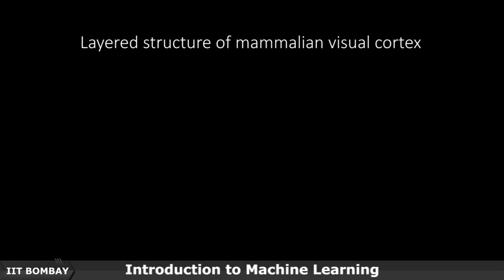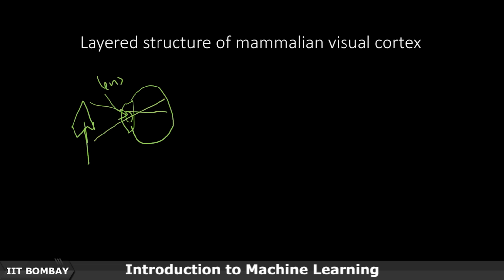So let's say we have a stimulus. Let's say this is a tree, and we have the eye of a mammal. This is the lens, and this lens will focus it on the retina. So what is the retina? The retina is a layer of photosensitive cells within our eye,